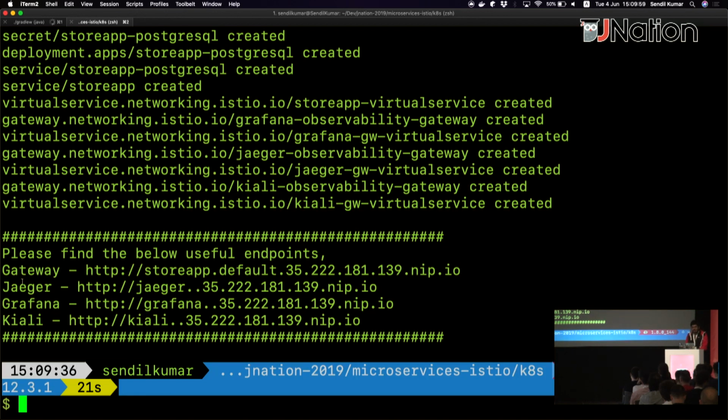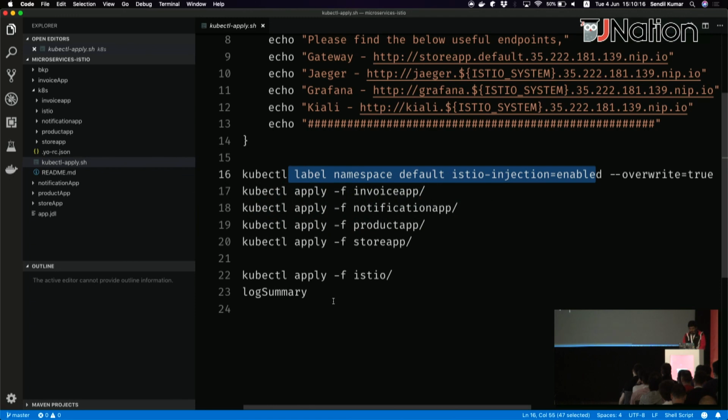And also what it does is it says, OK, so you have this Jaeger, Grafana, and Kiali, which is something that Istio provides by default. So you can add in Jaeger for tracing all your requests. You can add in Grafana for these funky data dashboards and things like that. So it helps you to do everything on top of it. So